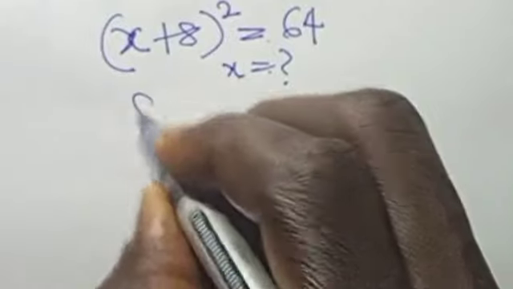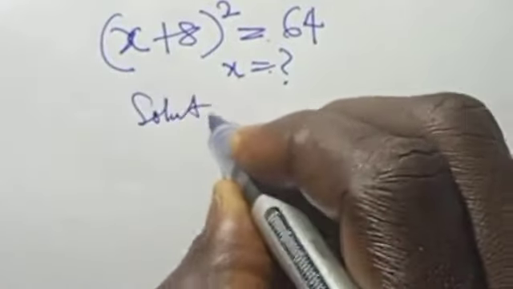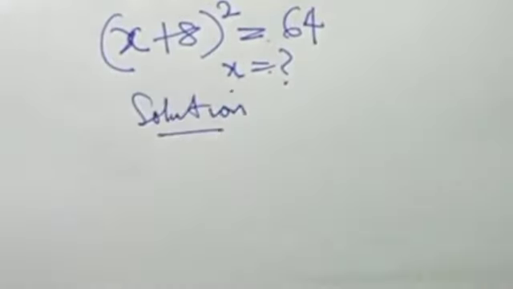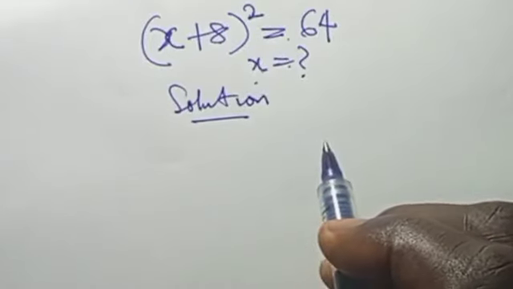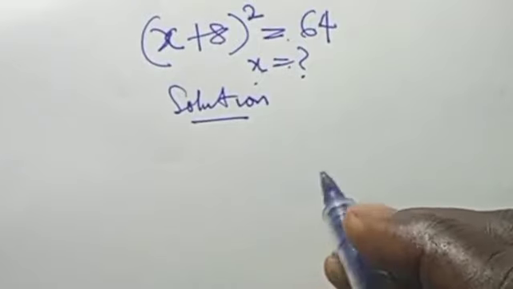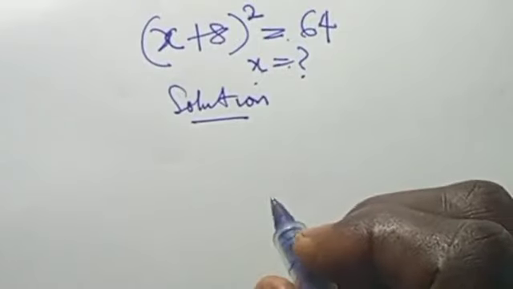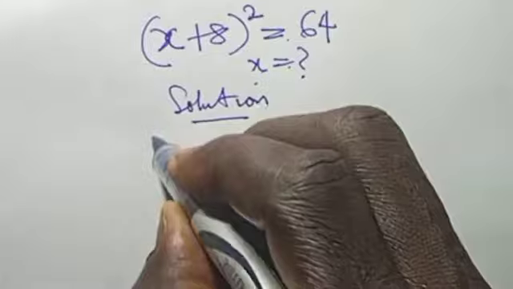Today we have (x + 8)^2 = 64, and x is the unknown. So we're going to say solution, and since the power is 2, we end up having two answers. So here we're going to use two methods, and the first method